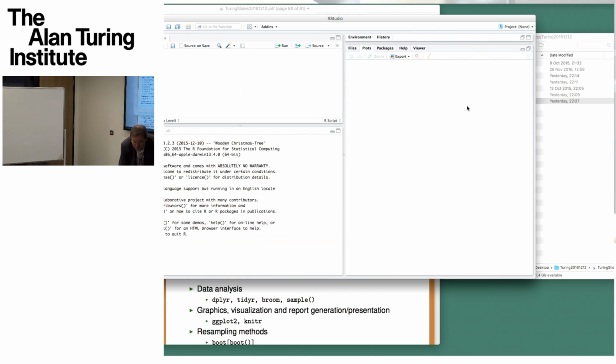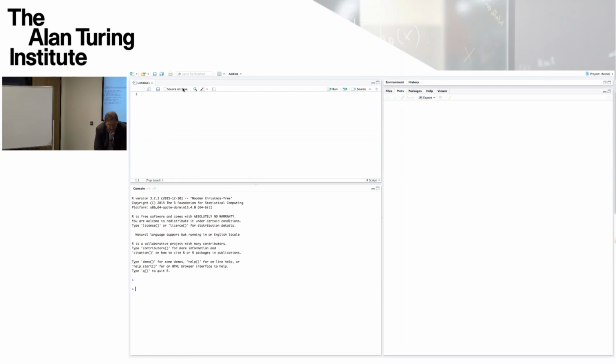to RStudio. So if we go back to where we were before, and as I say, this is the console, this is the editor window, and this is used for other things, for example plots, when we produce plots. So what I'm going to do is to edit a file of R commands, and that will be assembled as illustrations of this DPLYR package. And as we edit it, we'll execute lines selectively and they'll be echoed in this console window.